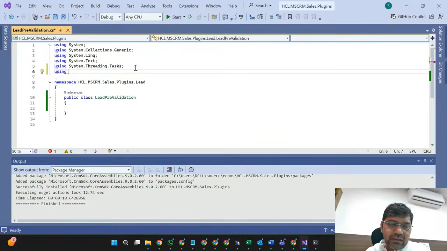So they have written their own functions. So Microsoft dot CRM or XRM dot SDK, that I can export directly here, and then maybe, so this is the inheritance.